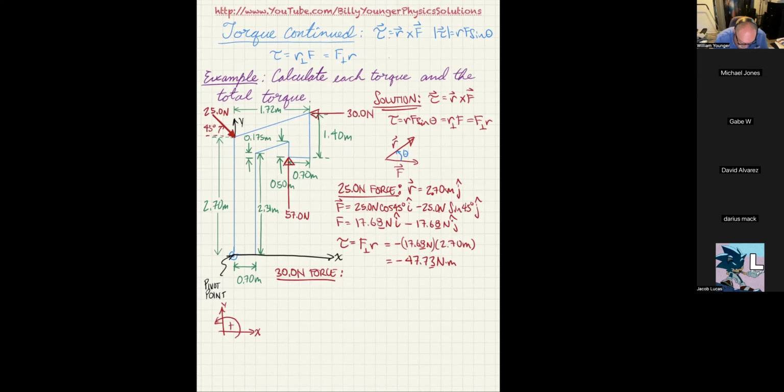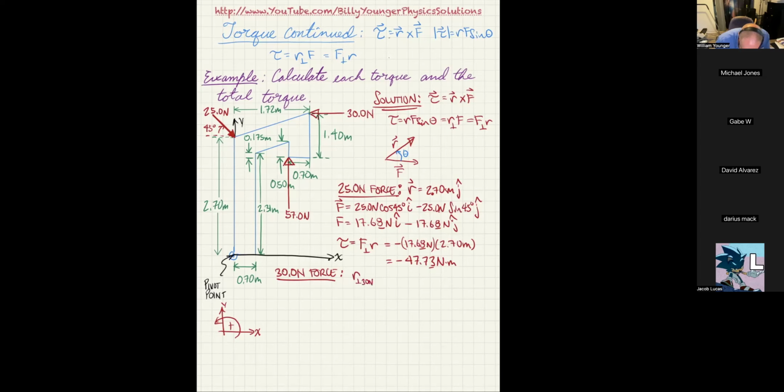Now that we have that, we can figure out exactly how high this spot is right here. So where the point of application of the 30 Newton force is, and by the way, that 30 Newton force is supposed to be horizontal. This 57 Newton force is supposed to be vertical. That's supposed to be fairly trivial. So if I want to figure out the component of the lever arm perpendicular to the 30 Newton force, what I can do is R perp